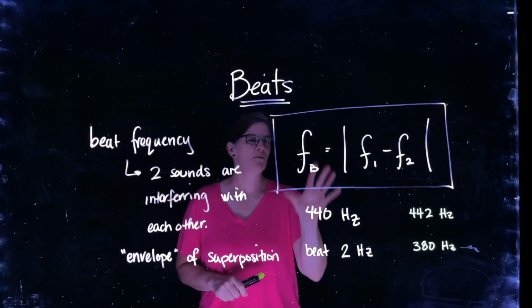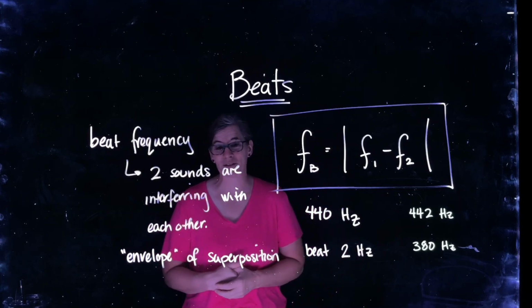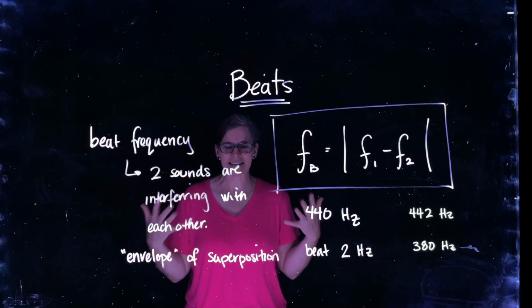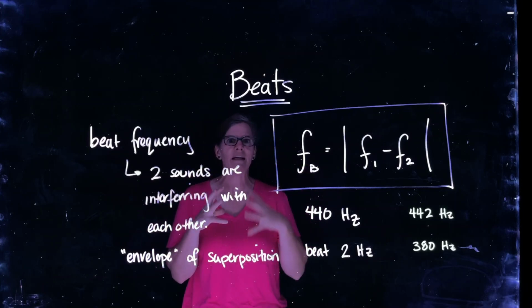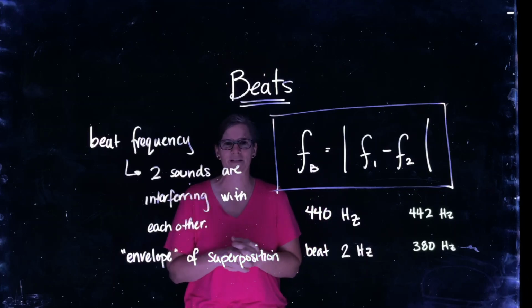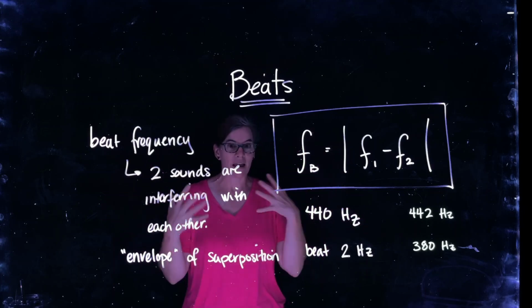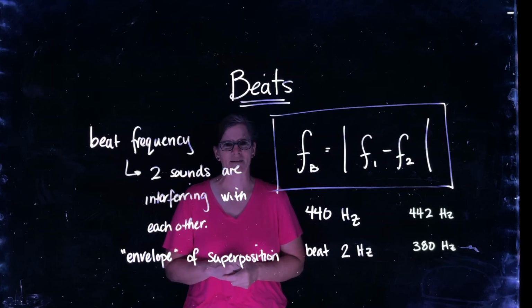All right, so very straightforward relationship, recognizing that this is all just about interference and superposition, and then defining that envelope that is the beat we're talking about. We hear it because we're hearing this periodic wave coming through. That is the superposition of these other two waves. It's sort of on top of the waves that are hitting our ears, and it's simply the difference between those frequencies. Good job.